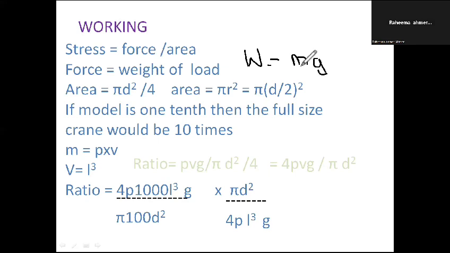Density is equal to mass upon volume. So mass would be density times volume, right? You could also further express the volume, as it says that the load is cube shaped. So this means that the volume is equal to L cubed, where L is the length of one side of the cube. Okay, so L cubed is the formula for finding the volume of a cube. Now let's see how you find the ratio. Now the formula for force is